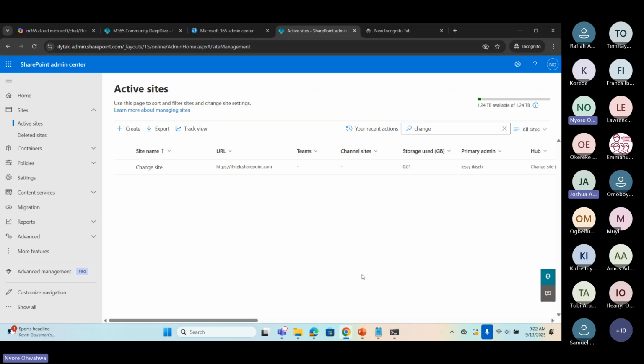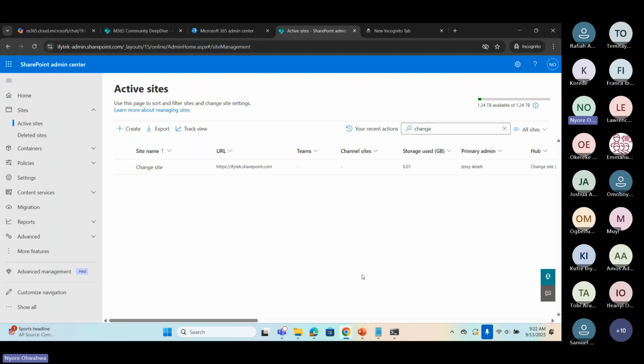When you make a user an admin on a SharePoint site, what kind of permission would the user have? Okay, so making a user an admin in a SharePoint site is just like giving the user an owner's permission, but the admin has a bit more access than the owner.